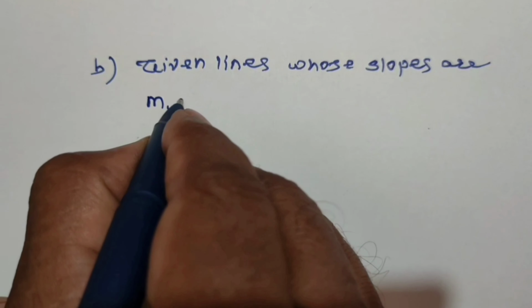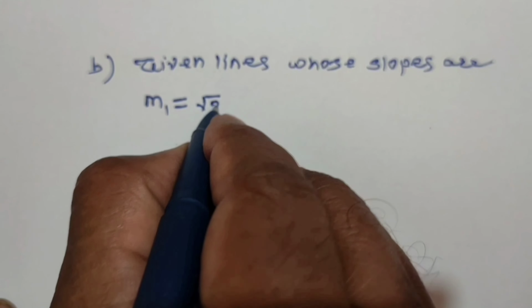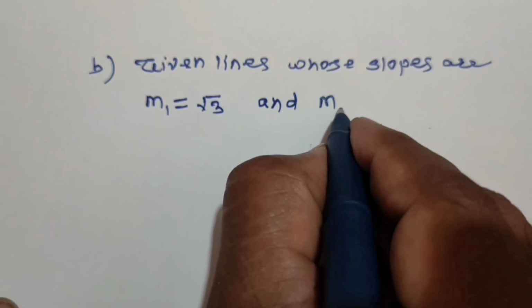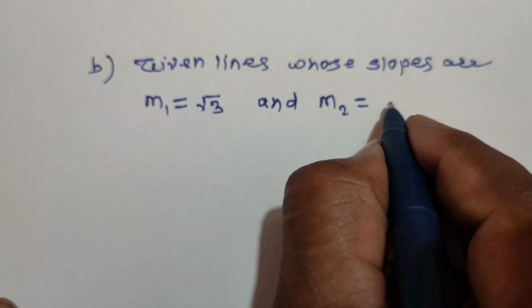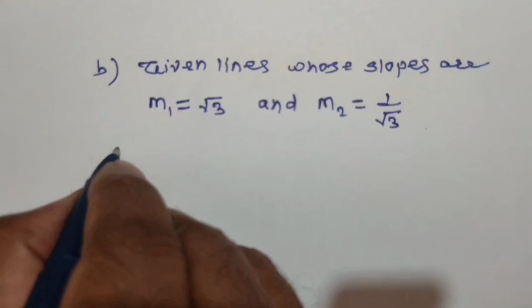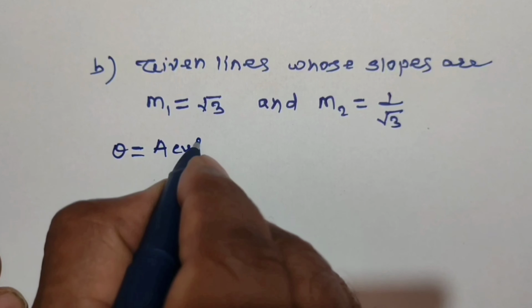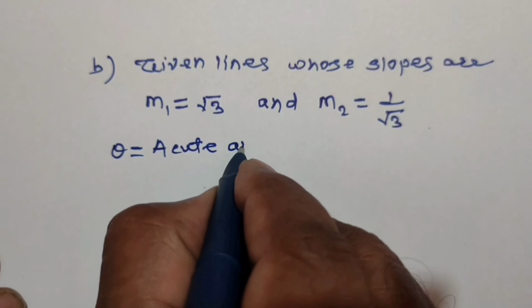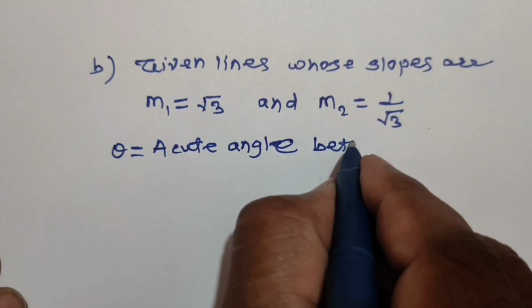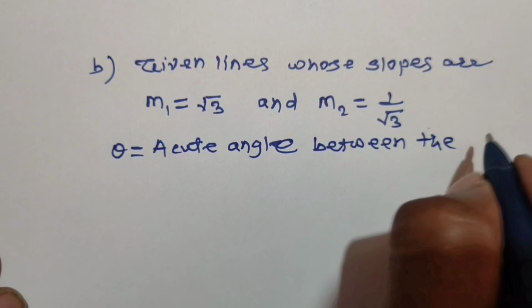Here slope of line 1 is equal to m1 is equal to square root of 3, and slope of line 2 is equal to m2 is equal to 1 upon square root of 3. Then theta is suppose acute angle between these two lines. Hence theta is given by